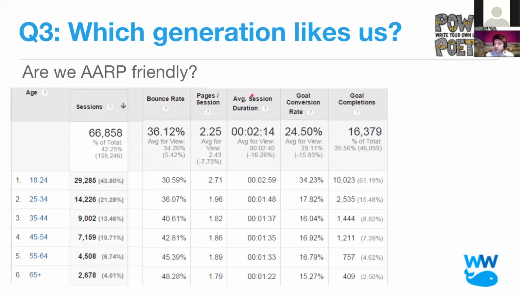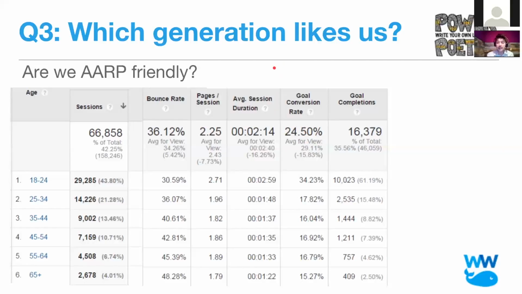A better proxy, we can also use average session duration, which is how long on average they're spending with the site. Take a look at our other resources, though, because I have issues with all of these. The best thing to have, though, is goal conversion rate, because that's what you really care about. Are they converting toward the goal? I don't care if you bounce, as long as you convert toward our goal, giving us your email, signing up, becoming a user, whatever it may be. This gives me a much more specific look at my overall goal conversion rate.